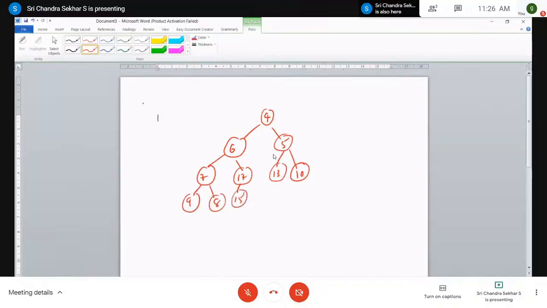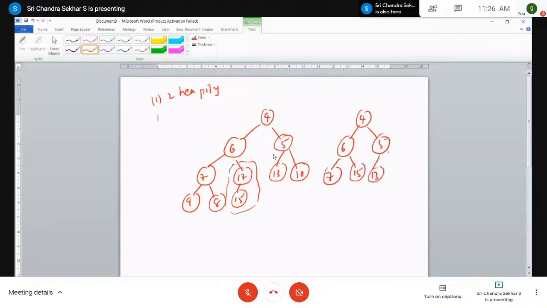So here up to this point we have performed two heapify operations, one with 17 with 4 and 17 with 6. Again, this particular subtree is not satisfying the heap order property. Therefore, you have to heapify it again. After that, the final resultant tree will be 4, 6, 5, and it is 7. It will be 15 after exchange.